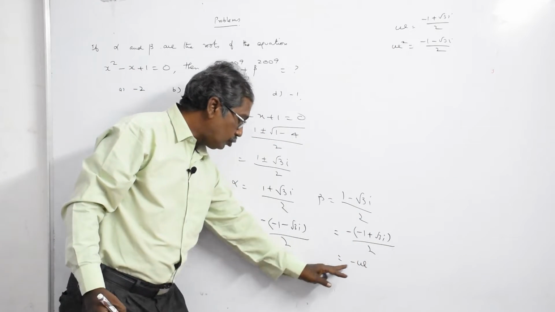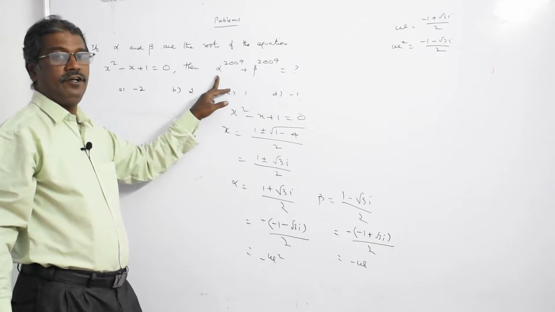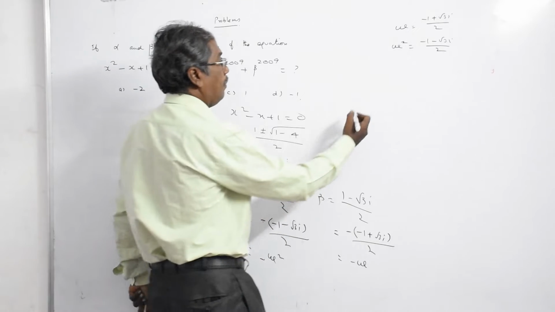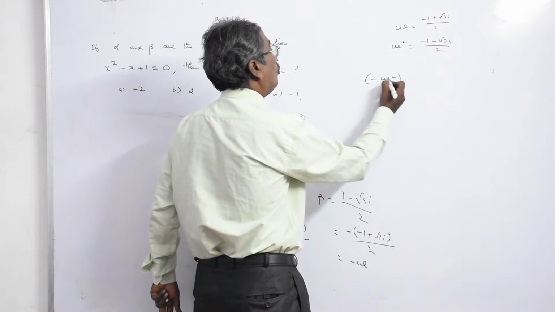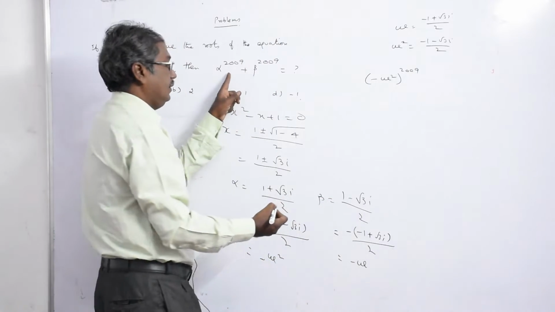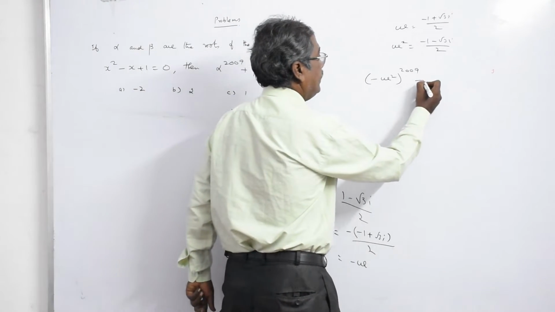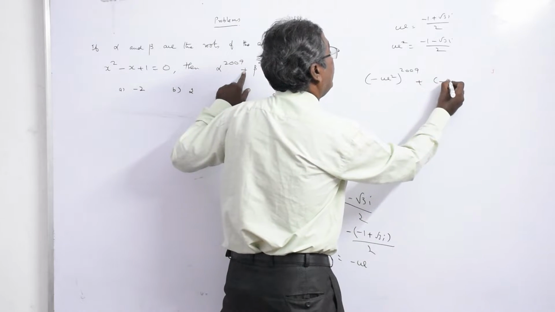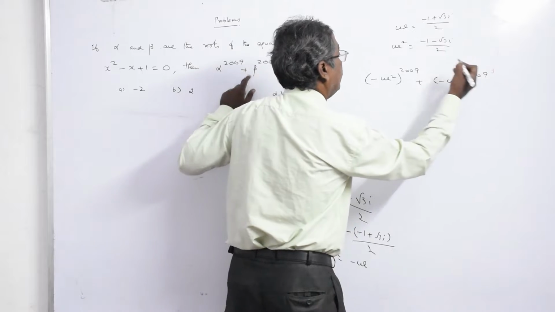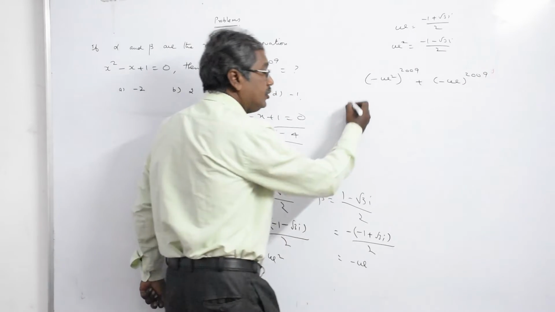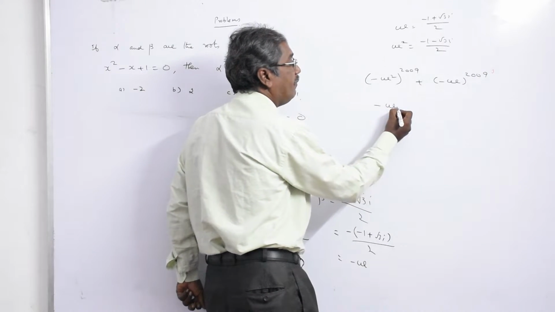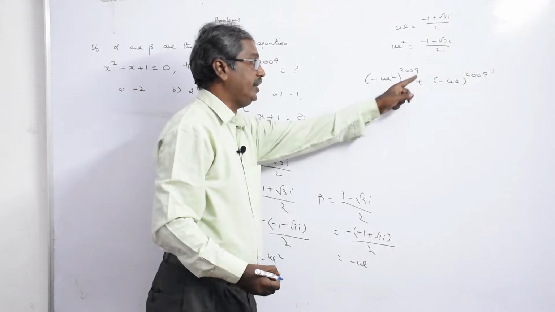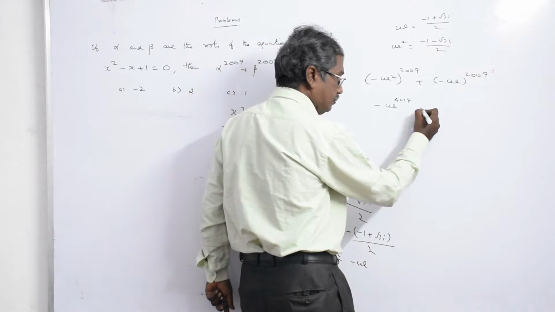So now substitute those two representations here: alpha to the power 2009 plus beta to the power 2009. What is alpha here? Minus omega square whole power 2009. See? Plus minus omega, that is plus. What is here? Plus minus omega power 2009. Now this will become minus omega power 4018. Am I right? Just multiply these two things. This will become minus, that is plus of course,